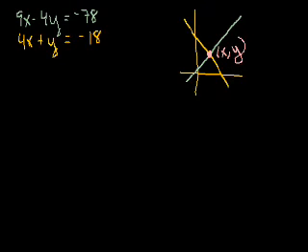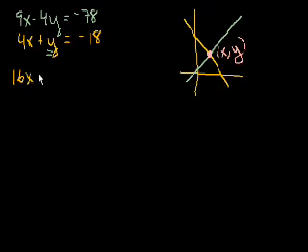So let's actually figure out how to do that. So what we want to do is eliminate a variable, because if we can eliminate a variable, then we can just solve for the one that's left over. And the way to do that, let's say I want to eliminate, I feel like eliminating this y, and I think you'll get an intuition for how we can do that later on. And the way I'm going to do that is I'm going to make it so that when I add this to this, they cancel out. Well, they don't cancel out right now, so I have to multiply this bottom equation by 4, and I think it'll be obvious why I'm doing it. So let's multiply this bottom equation by 4, and I get